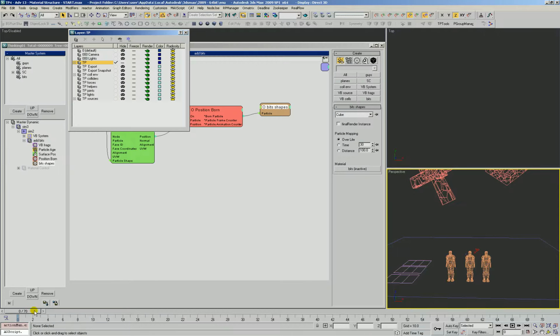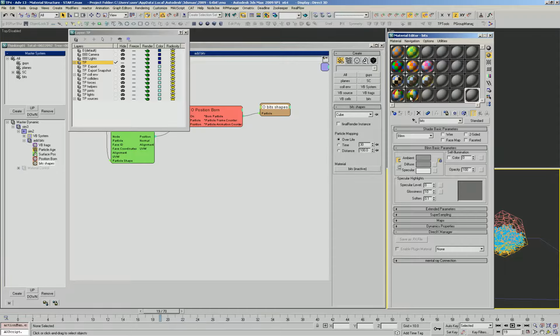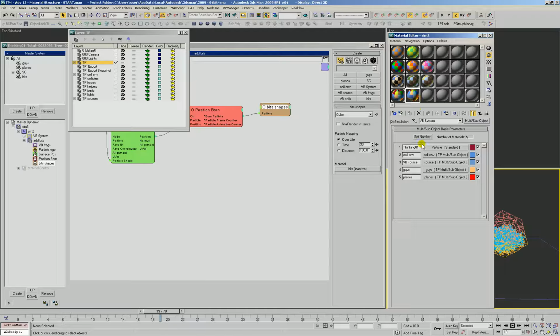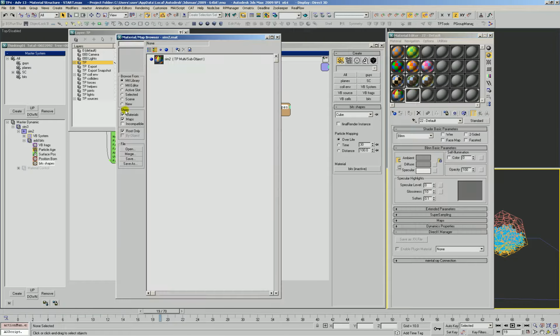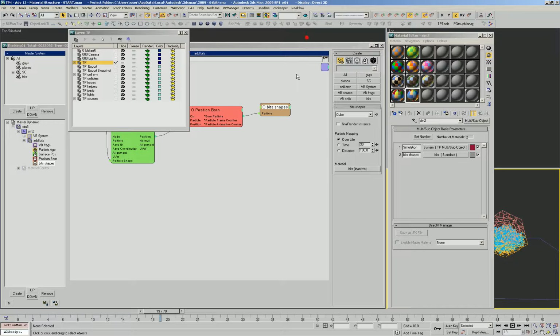Okay, let's jump back in. And so here are our objects. Those guys create those blue bits particles. This is no longer going to be accurate. We're going to have to go ahead and open up that material library again. Do that. Drop that into that slot. Okay, so now